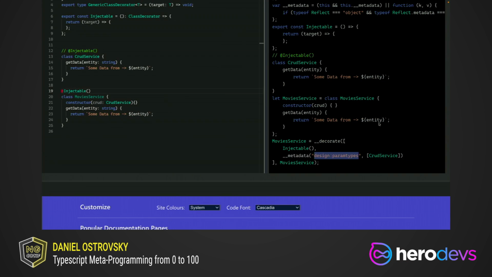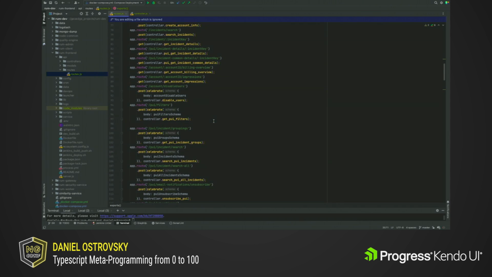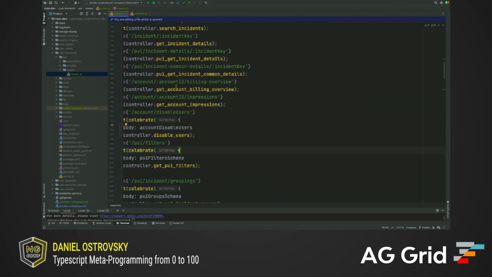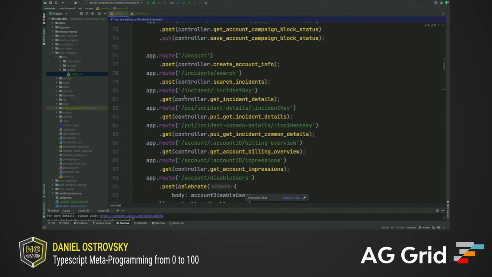Another one, a little bit more complicated, is an example for the API service. I just wasn't sure that I would have enough time, but looks like I do. You're familiar with this pattern, right? With this code, like Express. Yeah, Express, routing, and so on. Okay, this is how it looks.